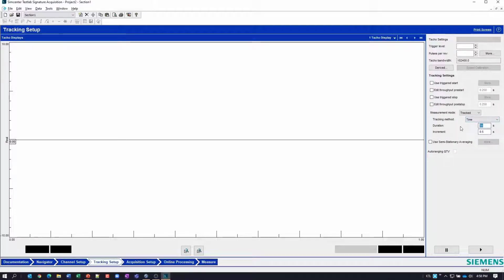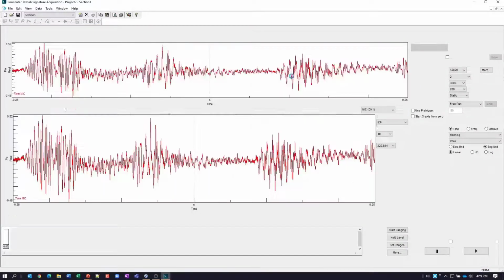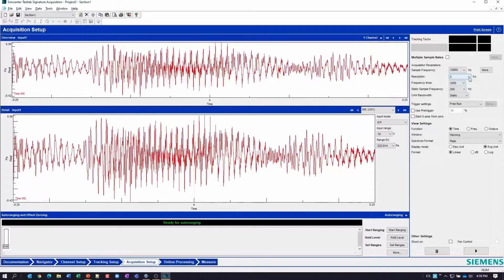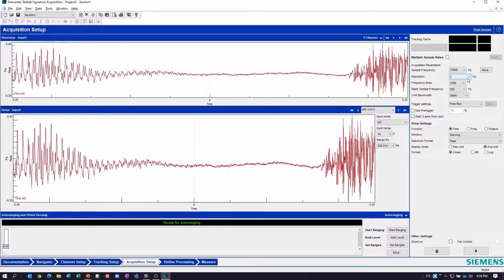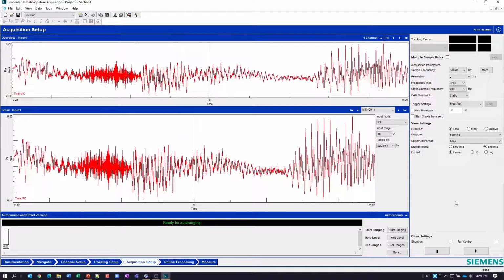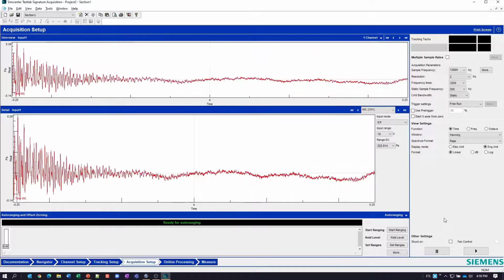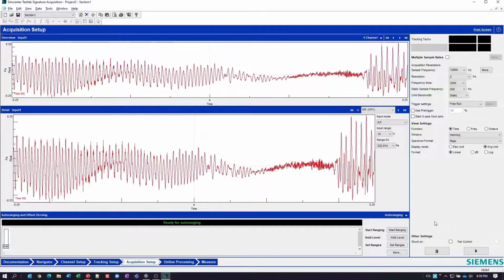So I'm just going to take, let's say, 10 seconds of data, and this increment is how often you want a frequency spectrum. Okay, so every 0.5 second, I'll do every 1/4 second, I'll do a frequency spectrum. So there'll be about 40 spectrums in my color map or my waterfall, 10 seconds for each second. Okay, and then acquisition setup. Again, each of them is going to take about a 0.5 second, so I'll have automatically built in about 50% overlap there. Each average is going to take about 0.5 second, and I'm going to create one every 1/4 second.